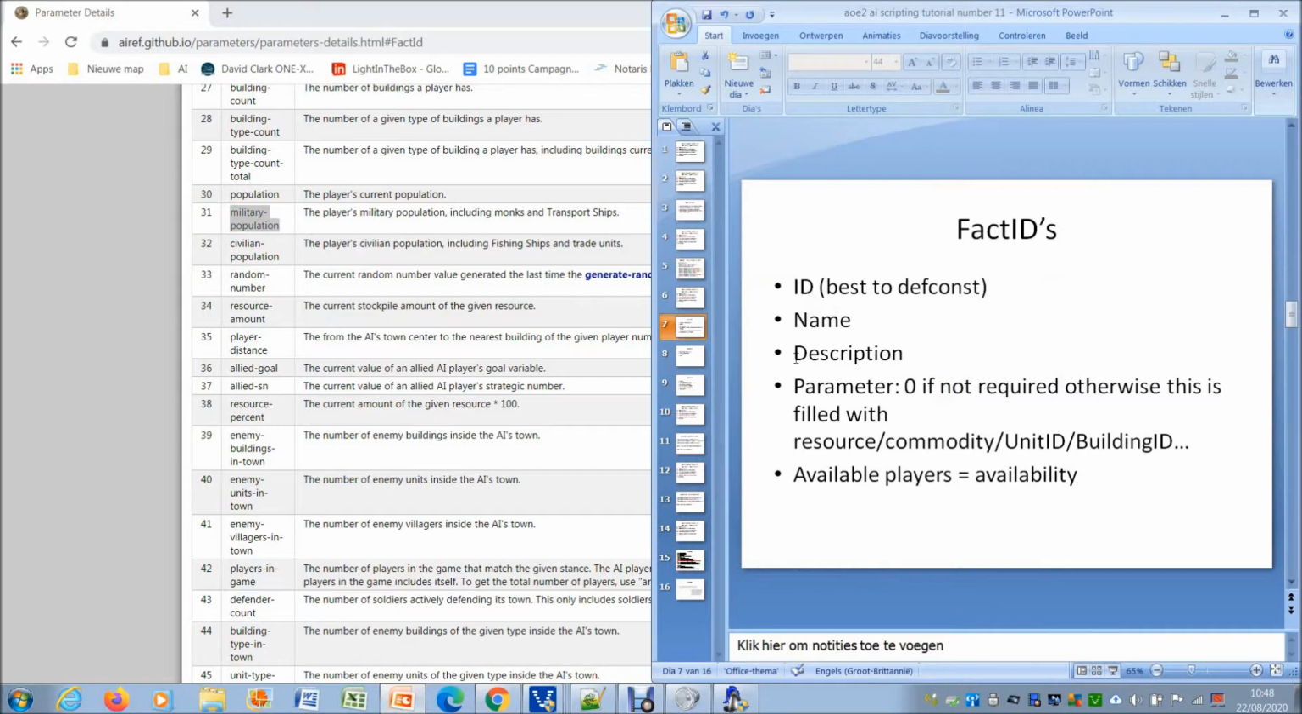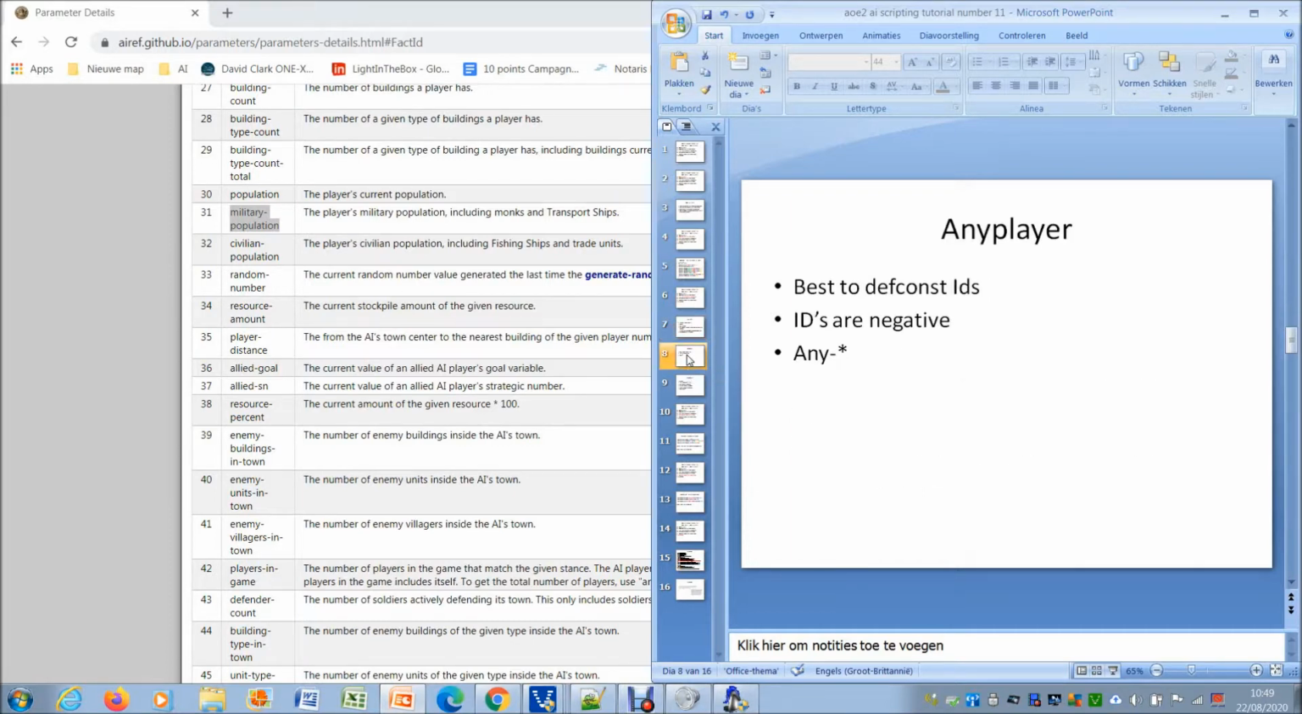So we get an ID, a name, a description, a parameter, 0 if not required, otherwise this is filled with resource, commodity, unit ID, building ID and so forth. Available players is for who it's available for. The AnyPlayer,